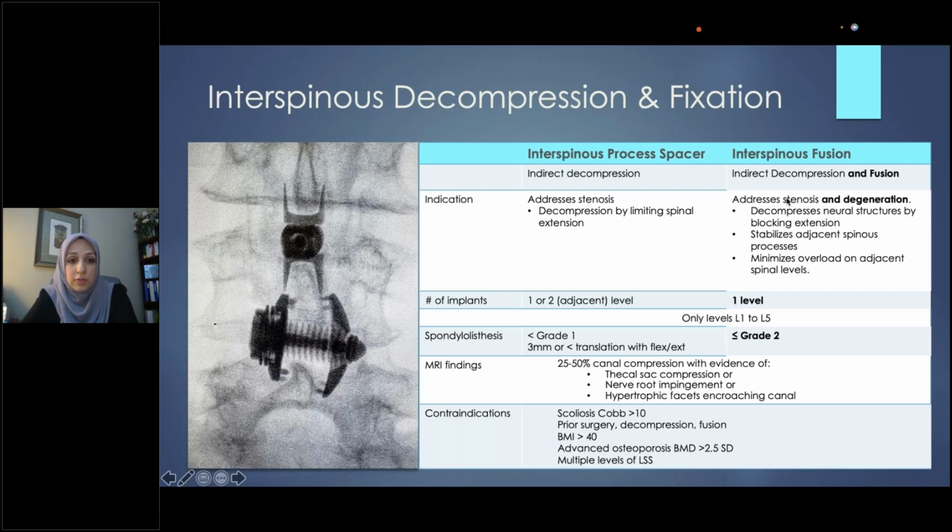Alternatively, the fusion device, so when we look at the bottom image, that bottom device, is still a device that we're implanting, if you want to call it like that spacer. But this particular device actually does fuse or stabilize. So it's uniquely different in the sense that we're providing more than just decompression by putting a device in. You're actually creating a fusion to stabilize the adjacent spinous process. And so this one is maybe a little bit superior in the sense that if the patient has had multiple deteriorative changes and they do have that instability, they probably would benefit from this fusion component to help